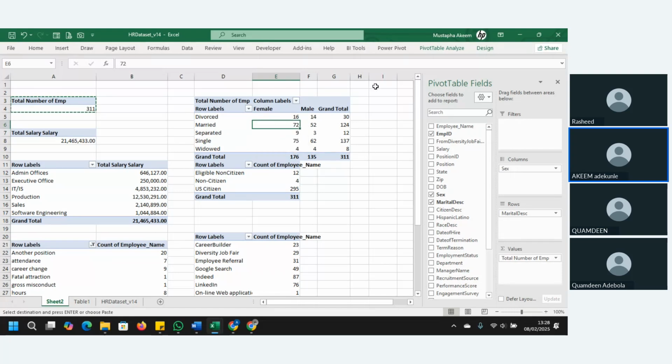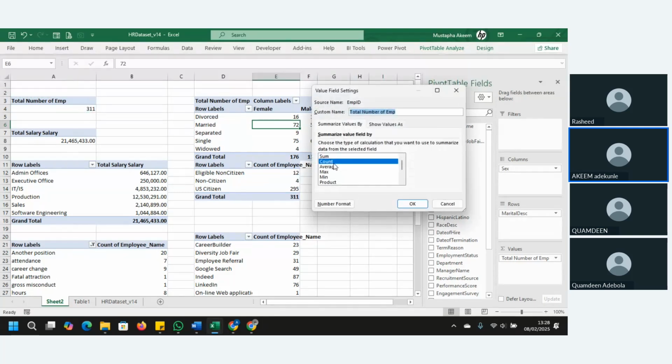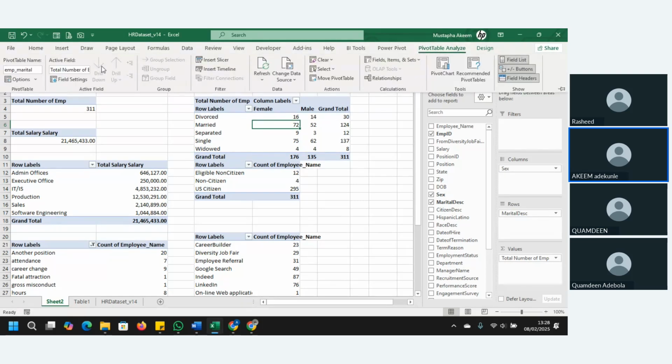I've named it. Now, come here also. You can see we have page settings. This is where you can change either sum or count or anything. You can do that there. Then we have